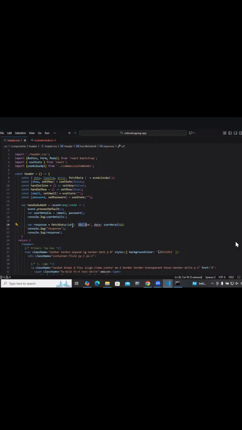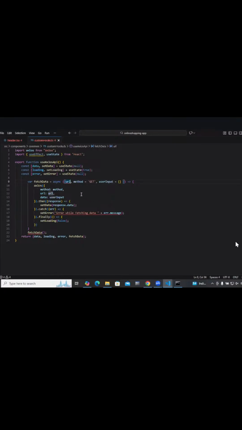Cannot destructure property URL of undefined as it is undefined. Why is it undefined? Because we already gave the value, right? So which data will be coming here?